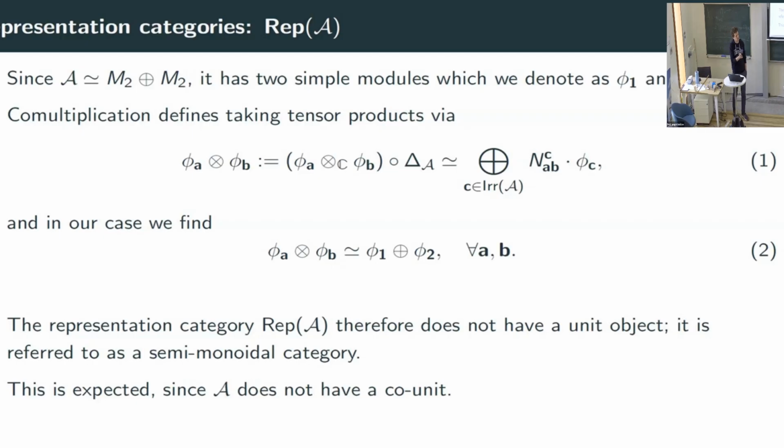Do you need a unit to be able to define a fiber functor? I don't know. No, but the standard reconstruction, because of the co-multiplication, right? The standard reconstruction theorem for monoidal categories, for actual monoidal categories. We don't have a monoidal category yet. No, I don't have a monoidal category. That's why, for me, it's not a fiber functor. But if you have a fiber functor out of a category with unit, you can always reconstruct a Hopf algebra. But I do have a unit, and the co-multiplication does preserve the unit. It's vector spaces.